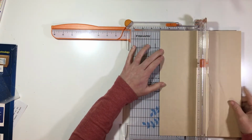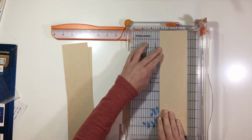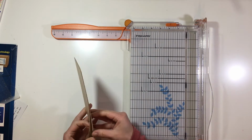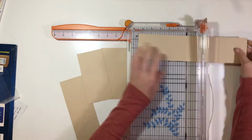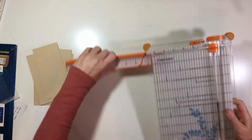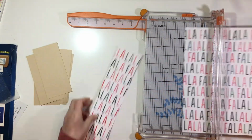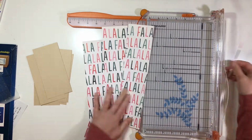So I want to mention right off the bat that I ended up filming this video because I actually had to make some gift card holders for my daughter's teachers. I kind of Googled it to see what maybe is the best way to do it. My original thought was to cut slits and let the gift card holder pop into the slits, but I decided to do a folded one, and I got the idea from Kay Warner Designs